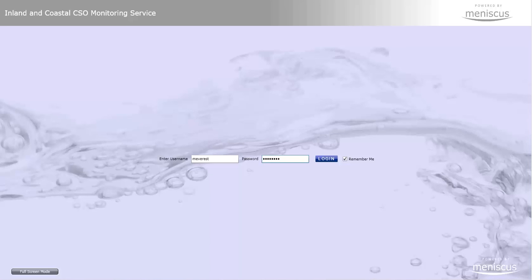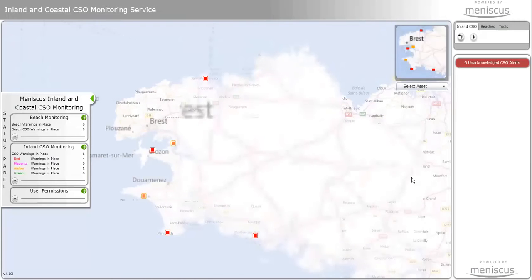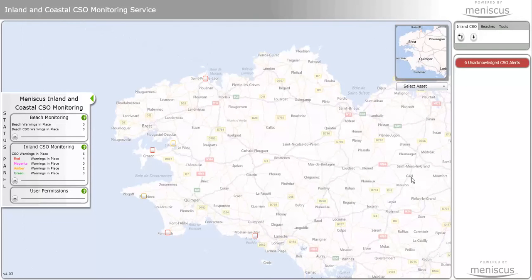Welcome to this video which shows the functions and the features of the Meniscus Inland and Coastal CSO Monitoring Service. This service is displayed and delivered via a Silverlight dashboard, which is the application that you're viewing here. And all the data that is presented within this dashboard is processed from a range of raw data being delivered